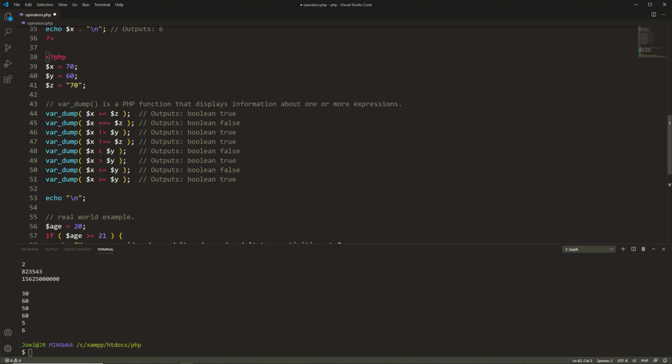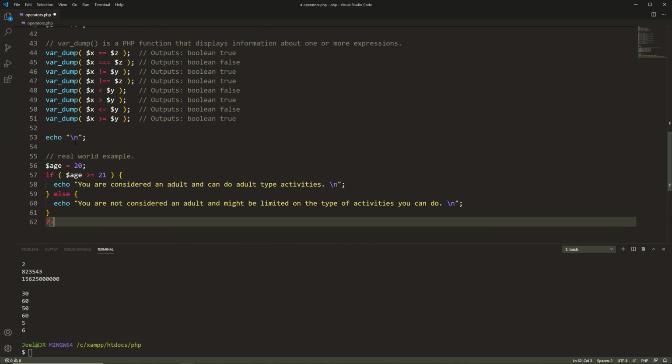And then on line 48, is x lesser than y? And that's false. And on line 49, is x greater than y? That's true. And then on line 50, is x lesser than or equal to y? That's false. And then on line 51, is x greater than or equal to y? And that's true. Then we're going to echo out a new line character here, or you can use a BR